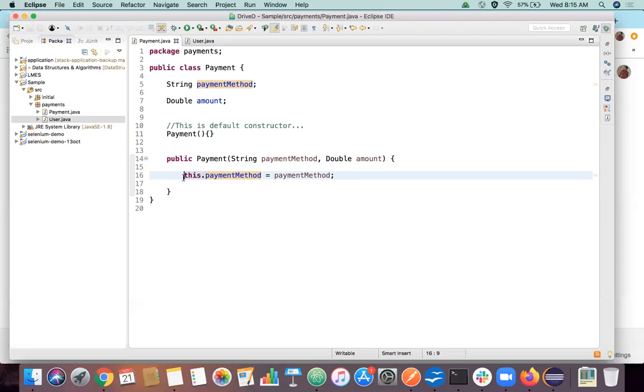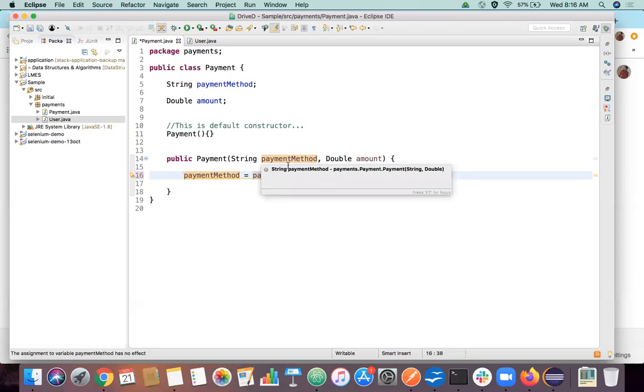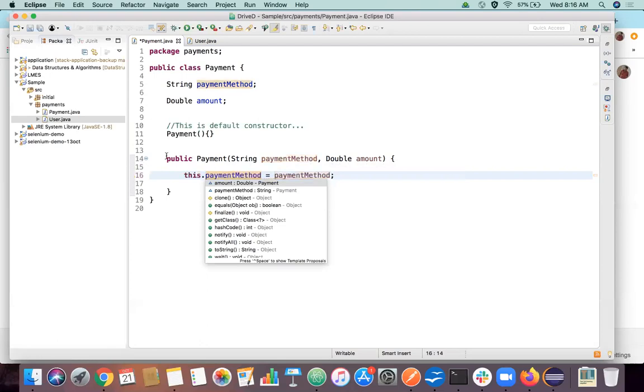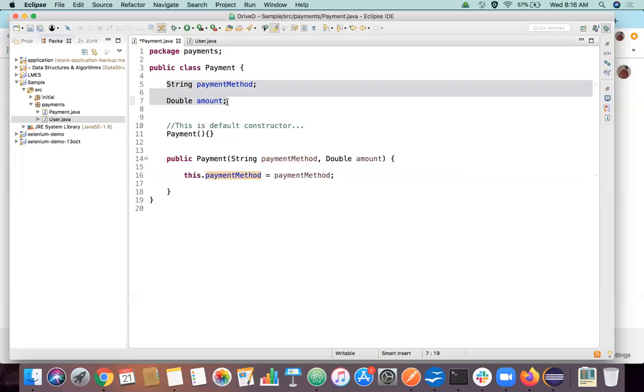If you remove this, see what it is highlighting. It thinks this value is equal to this value, literally assigning the value to itself. So when you say this, Java knows it should not search at the argument level. It should search at the class level for any variable declared with the same name.